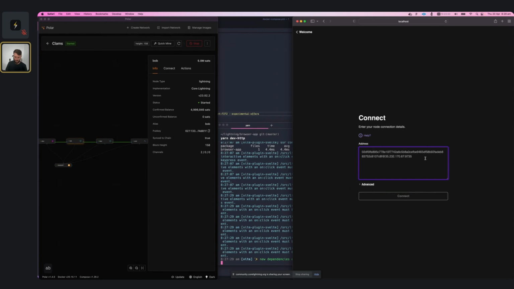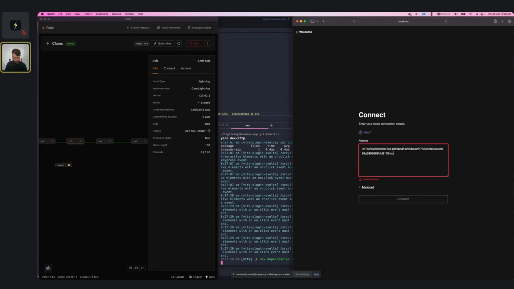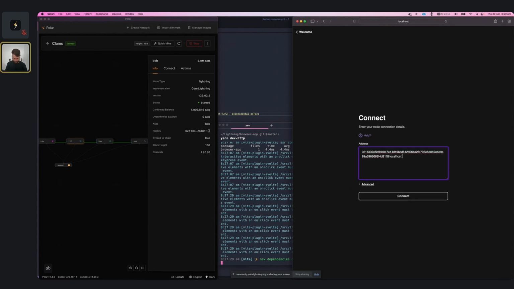But yeah, if anyone has questions on that, just jump in and I can go into a little bit more detail, but I'll show you what it looks like. So we can grab the public key, then we want to go localhost, and then the port, I think it was 7272 for Bob. And then, in the browser, normally in the production app, that runs on HTTPS with a TLS cert,